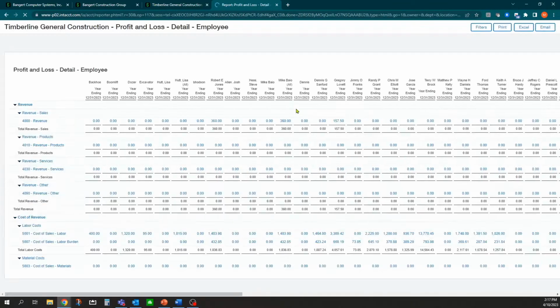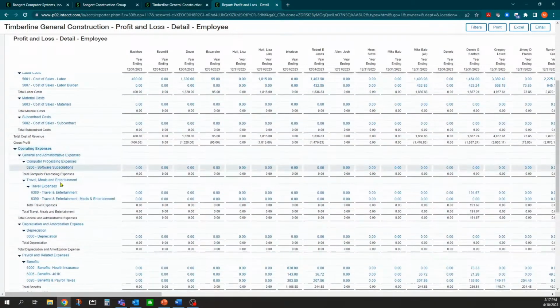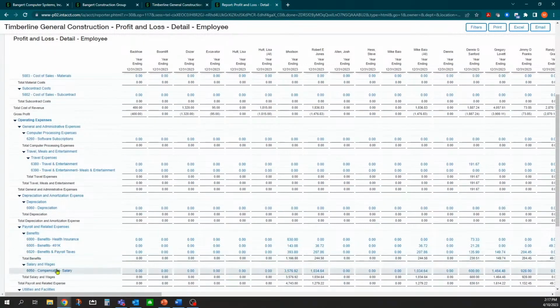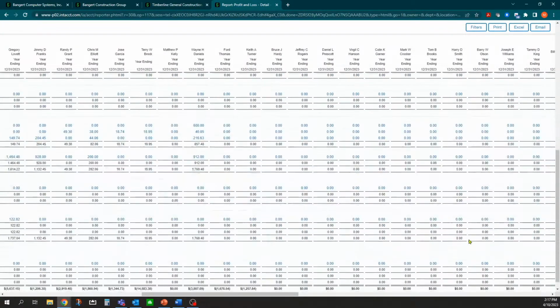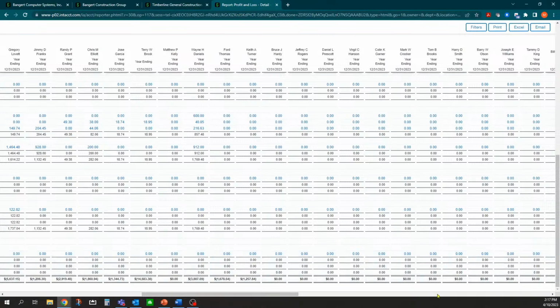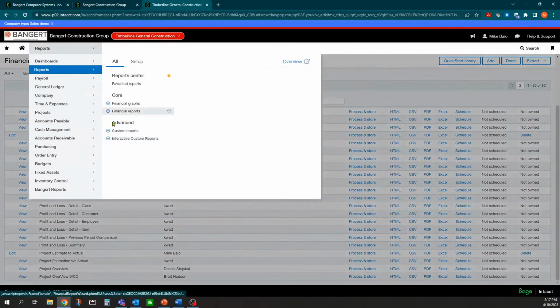This is sample data, but I can see here for my operating expenses, for my payroll related expenses, salary, I have each employee listed across the top. So I could actually see a total by employee, what they're costing payroll wise. And that's going to be all of the burdens and benefits added on as well. So for example, Lisa Campbell is $3,700 through April 10th. So you can do that in the financial statements as well as the ICRW reports and the custom reports.